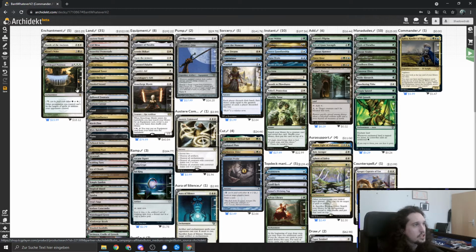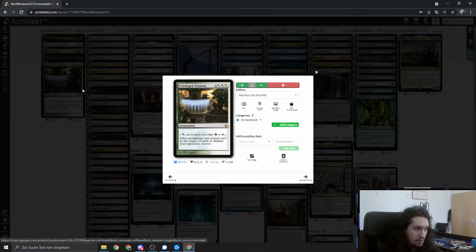We have the Privileged Position, which is very good in an aura focus deck because your opponents cannot snipe your auras anymore. But we have two auras here, and yes, we have some enchantments, but they are not necessarily the enchantments that an opponent would snipe, but rather would board wipe. And if they board wipe,